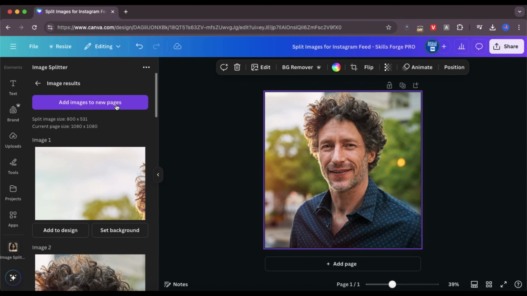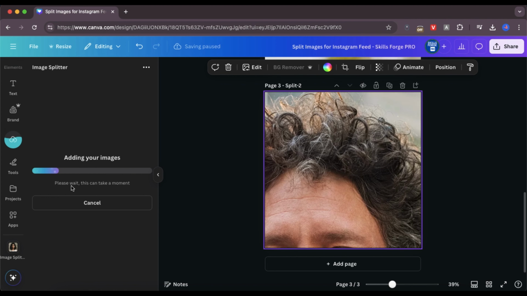To make things even easier, click on Add Images to New Pages, and wait a few moments for the process